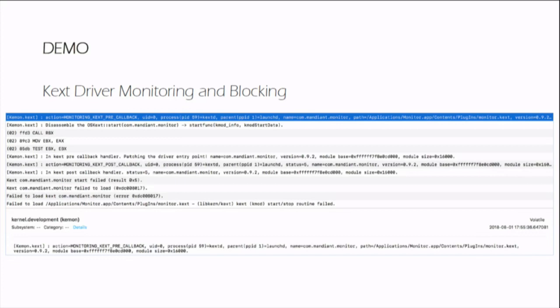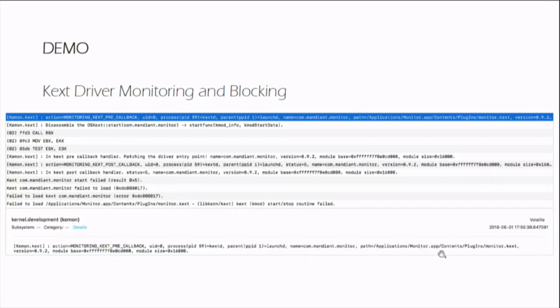As can be seen here, the first line is a callback handler. In the pre-callback handler, I can filter input parameters. Such as, I can get the UID, PID, and parent ID,